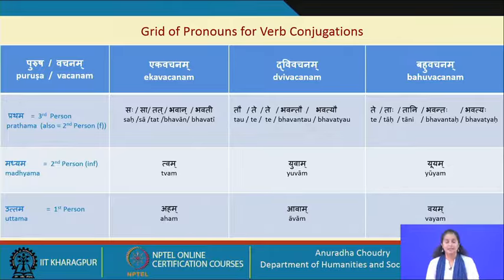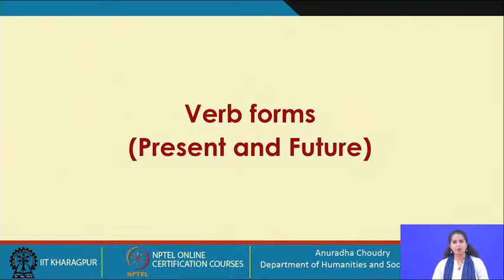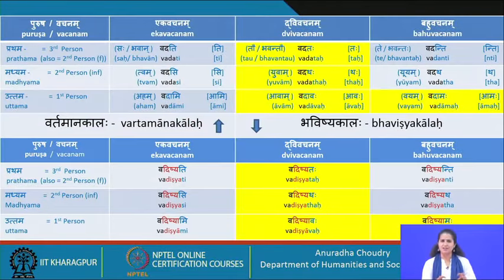And then for the second person it is tvam, yuvam, yuyam, and aham for the first person, avam and vayam. Now let's look at the verb forms in the present and the future, and I'll try and teach you a few tricks here. So we have it in the vartamana kala, or the present tense. I've taken the verb vad, which becomes vadati. So sah vadati or bhavan vadati, tau vadatah, te vadanti, tvam vadasi, yuvam vadathah, yuyam vadatha, aham vadami, avam vadavah,